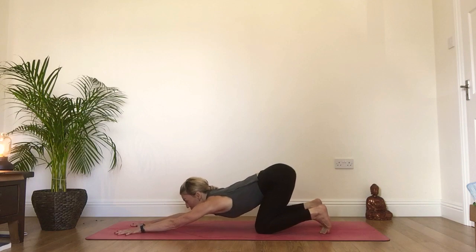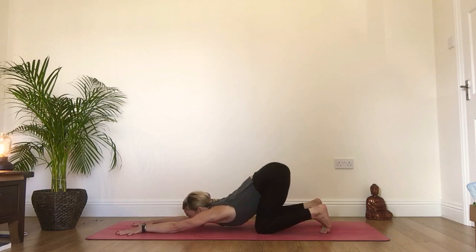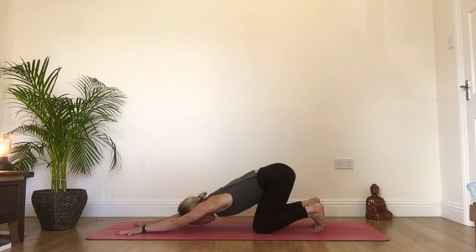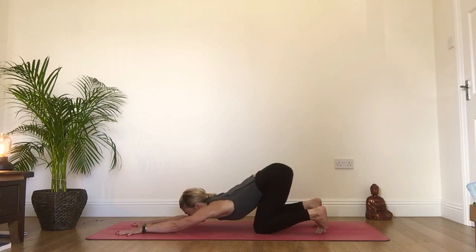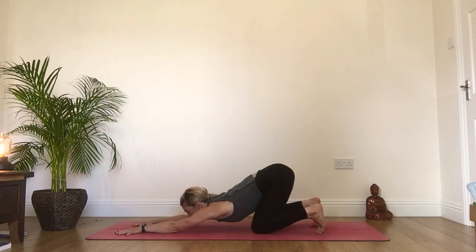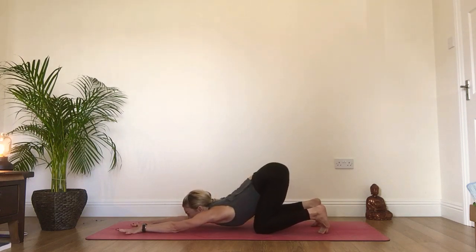So really think about pressing the armpits towards the mat and the chin to the mat as well. If that's too intense for you, you can bring the forehead to the mat. But if you want more of a stretch and it's within your range, you can rest the chin. So in this puppy pose, on your next inhale, really think about melting the chest and belly down, pressing the